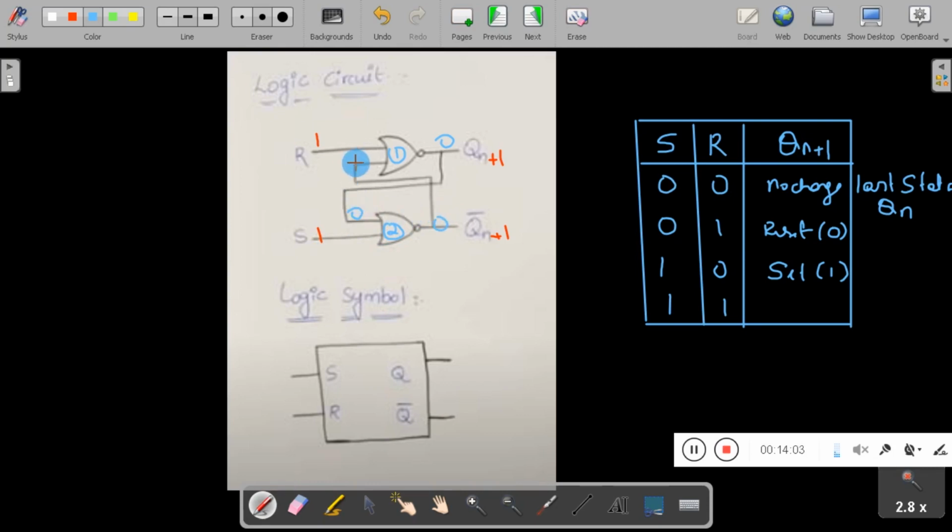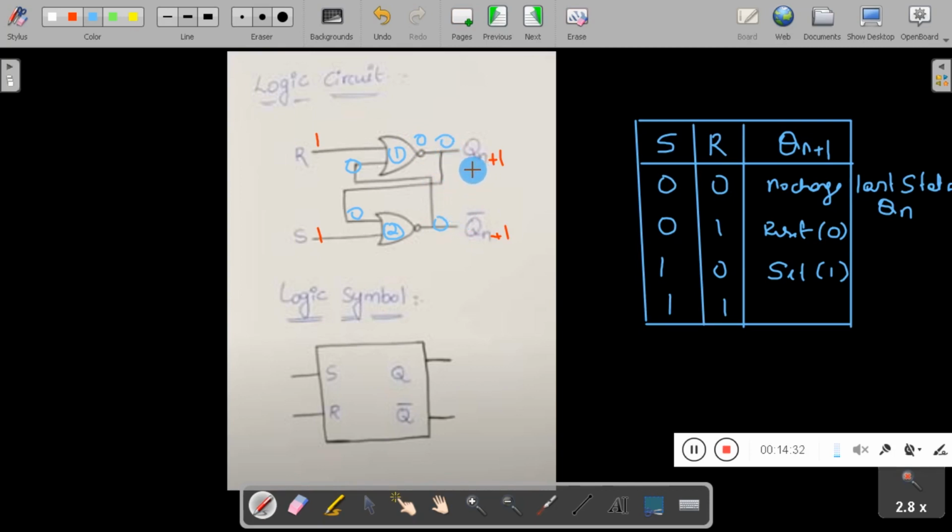This 0 is fed back to the first NOR gate. So 1 and 0, output becomes 0. So students, you might have observed that both outputs become 0, either 0 or 1 based on the last state.